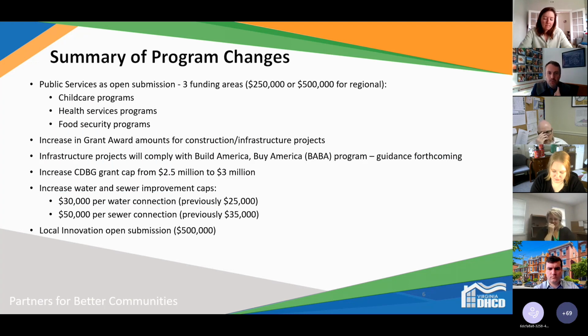So essentially, if you were aware, in 2021 we made public services an eligible program area. We're continuing to have that in the 2023 program also. Instead of having so many opportunities for public services, we're dwindling it down to just 3 main service areas. Those are childcare programs, health service programs, and food security programs. The max award there is $250,000. And then for a regional or multi-locality project, you can go up to $500,000. The idea there is to actually fund operations more so than the facility. So this is